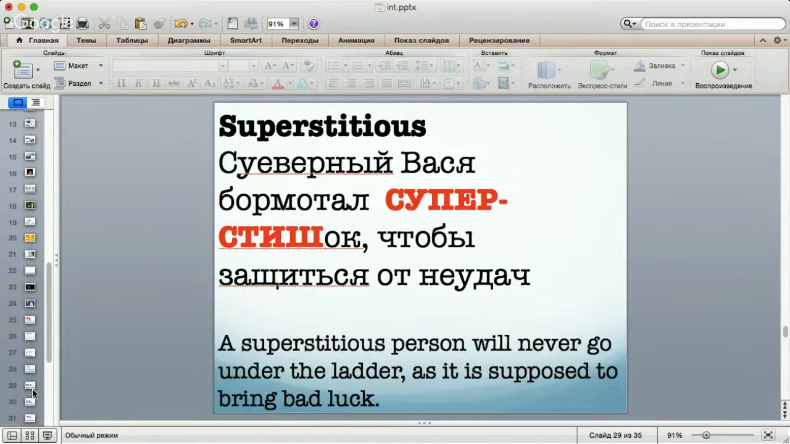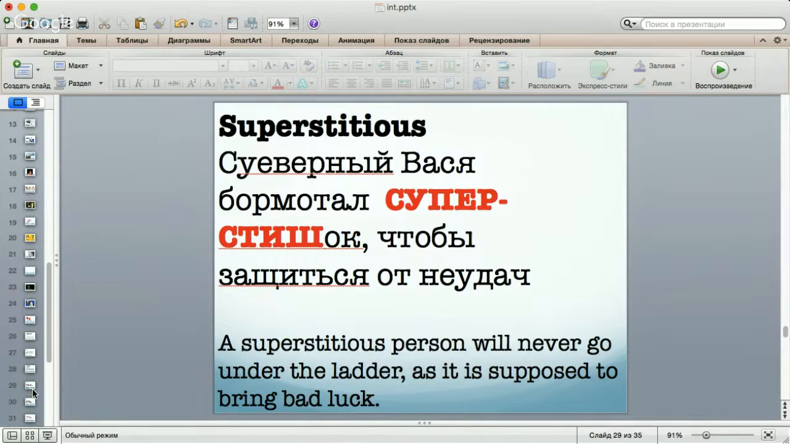Okay. Superstitious. A superstitious person is a person who is afraid, who is scared stiff of bad luck. So superstitious people care a lot about how they can ward off bad luck and just bad things. So they believe in all those traditions and fairy tales,